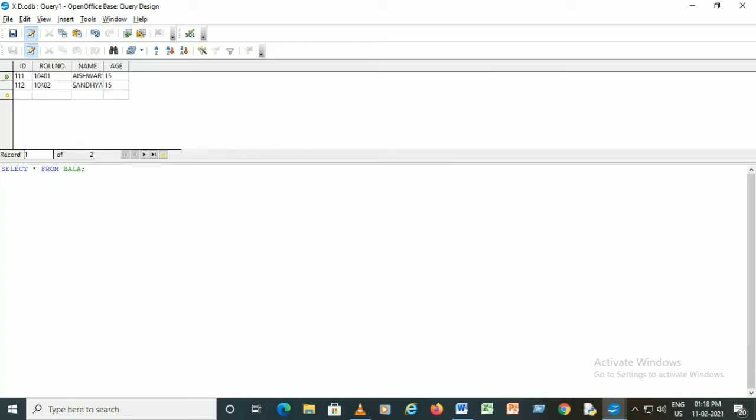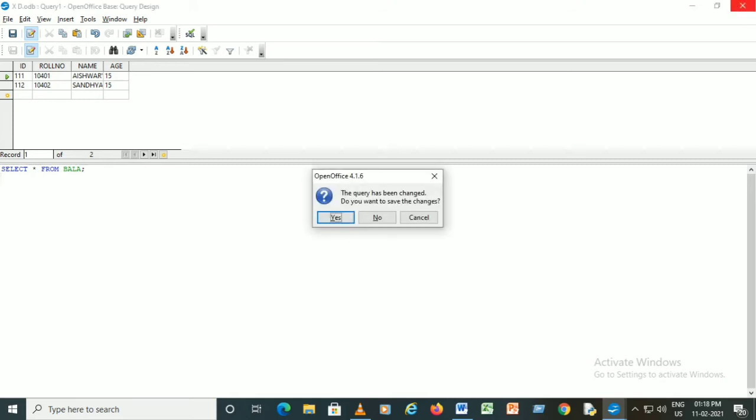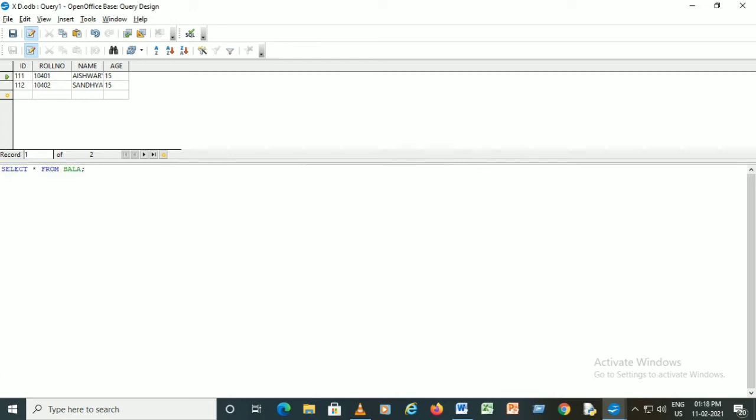Okay, if you want to see the output you have to select Queries, which is present on the left hand side. On the right hand side you have to select Queries in SQL view. Here you can type the SQL command, the query command. Select is a query command. If you want to view the table, which command will you use? Select command. Select star from table name, that is Bala, semicolon. After typing the command you have to press enter and then if you want to view the output you have to press the F5 key.